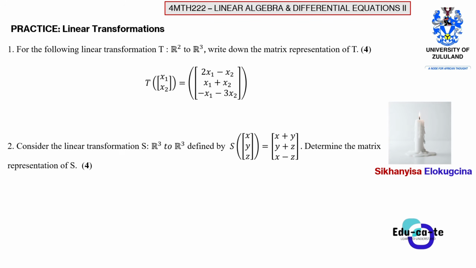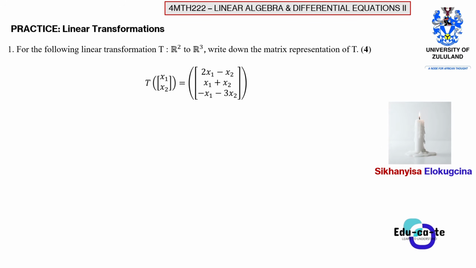So now, how do we find the matrix that corresponds to a transformation? Basically, remember that you can transform a vector X using a matrix by multiplying it with the matrix, right? You still remember that when we multiplied a matrix A with a vector X, we were able to get a vector B, right? That's what we did before.